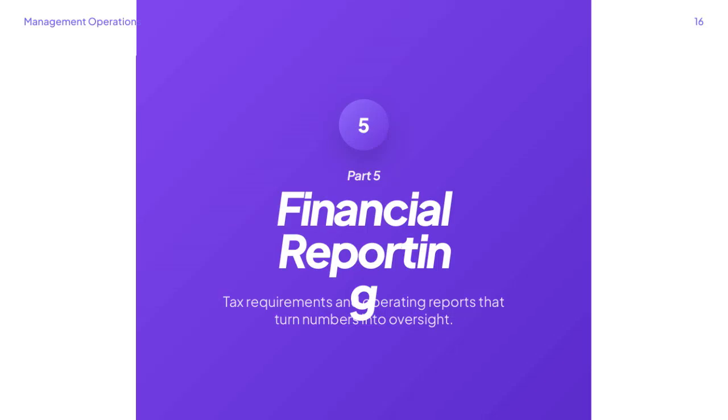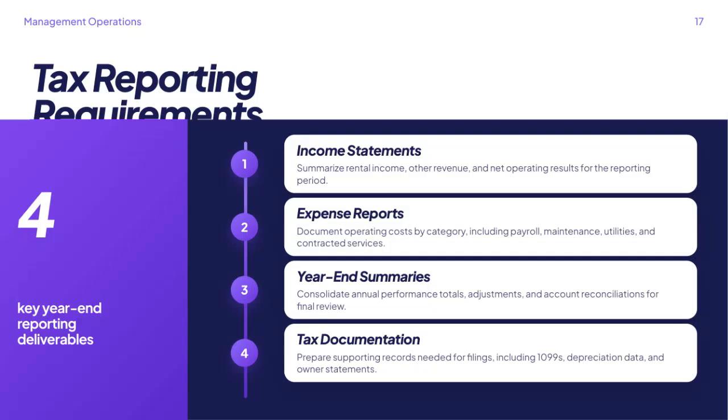Now, let's focus on financial reporting, which is a critical part of management operations. This involves meeting tax requirements and preparing operating reports. These reports do more than just present numbers, they transform raw data into meaningful insights that help oversight and decision-making. Essentially, financial reporting acts as a bridge between the numbers and the strategic management of the organization, ensuring everything is transparent and compliant. When it comes to tax reporting requirements, there are 4 key year-end deliverables we need to focus